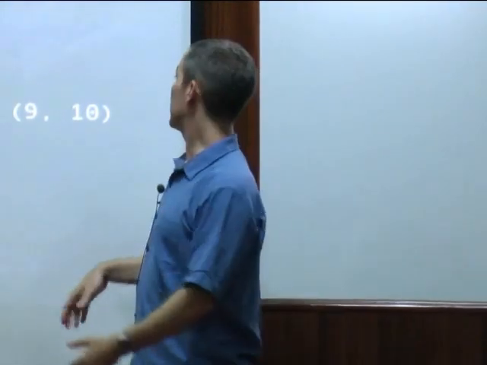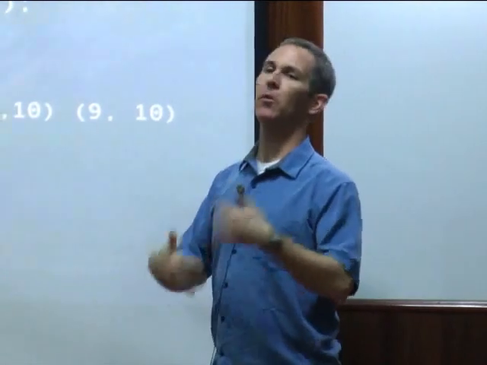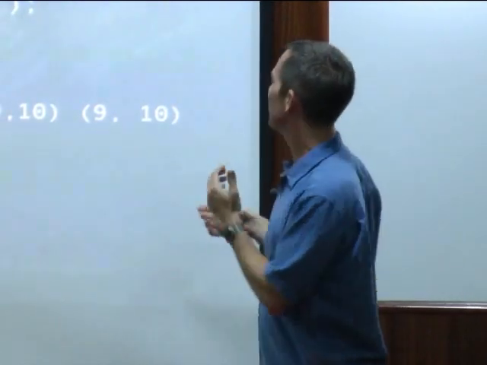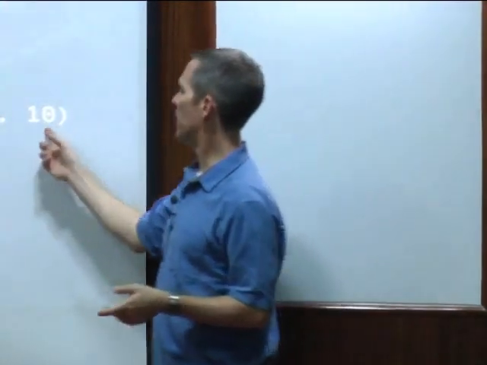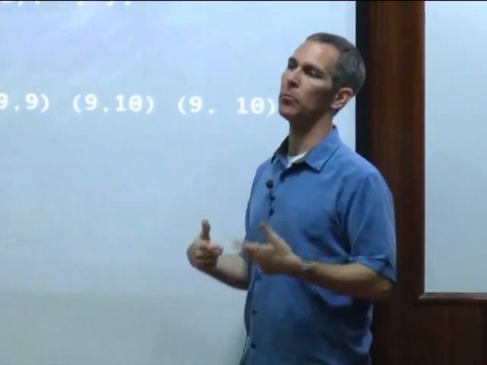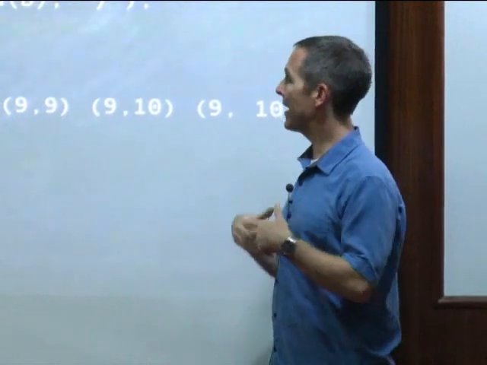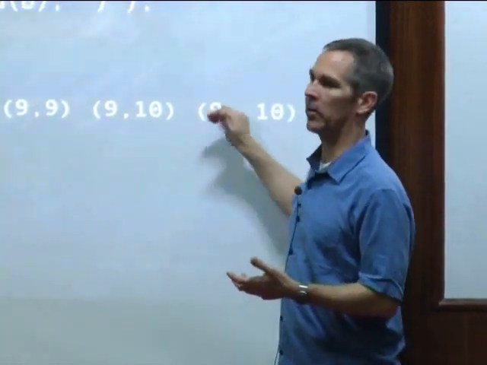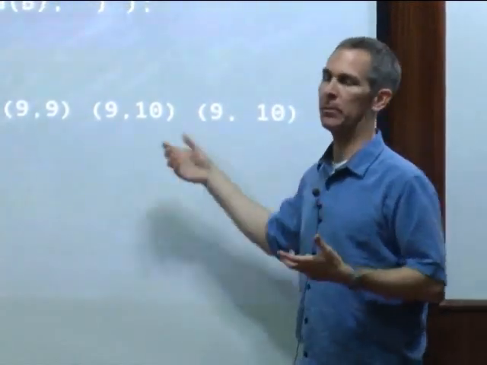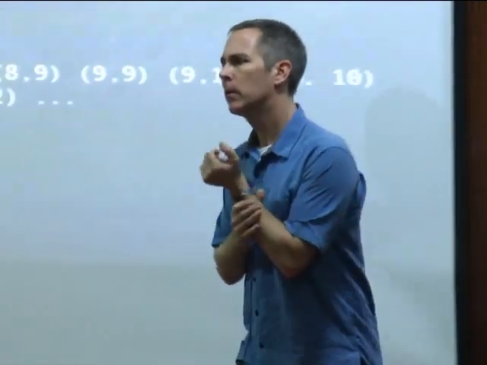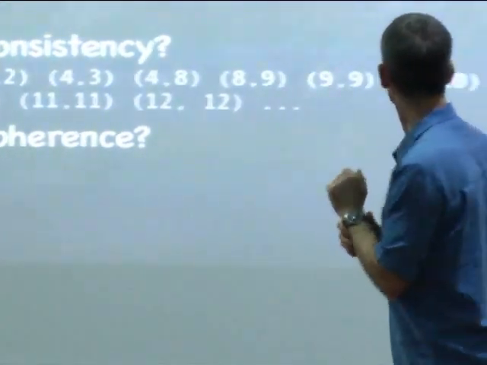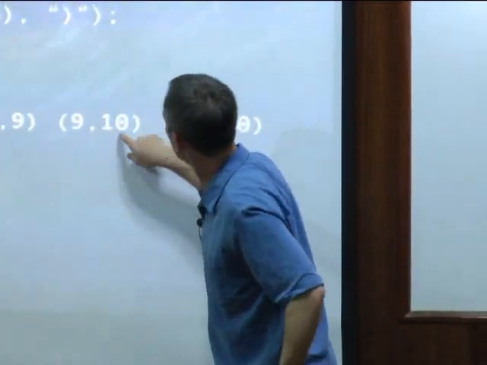I can build NFS and allow this. It's simple and often right, but occasionally wrong. Or I can enforce sequential consistency, and then this would be illegal, but I'm going to have to go to more trouble in my implementation to make sure that this never happens. And I'll have to take steps to make sure this can never happen if I want sequential consistency. So my question is, why is it illegal? Why is it illegal? So again, it's illegal because